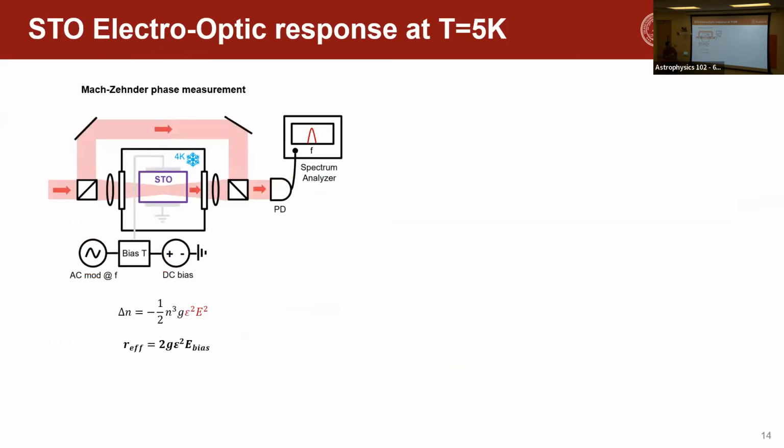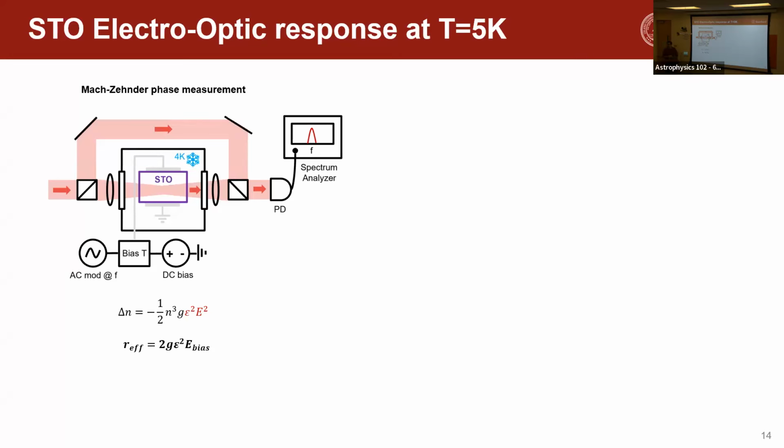So given that, of course, our next measurement was to actually look at the electro-optic response of the material, which has not been investigated at these temperatures or even at room temperature, of course. And so for that, we built a Mach-Zehnder interferometer with our cryostat, where we just have an incoming 1550 beam that we split into two arms. One arm just propagates outside of the cryostat, whereas the other arm is focused onto our bulk material, is transmitted through, and then recombined with the initial arm.